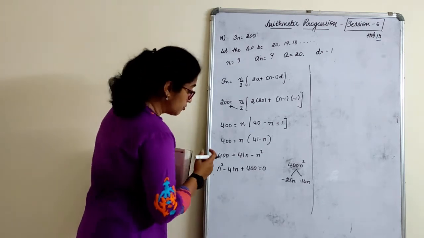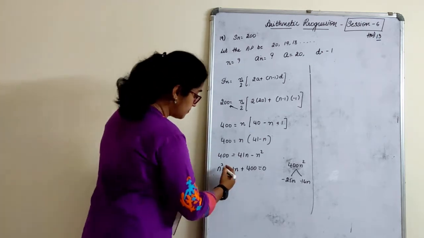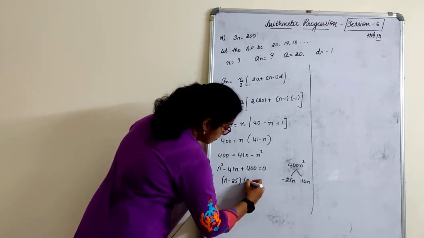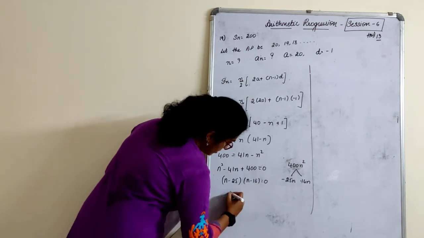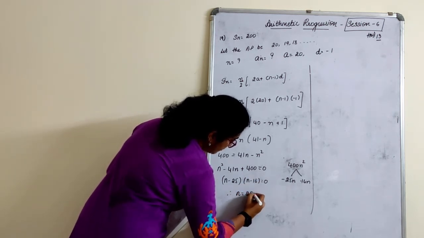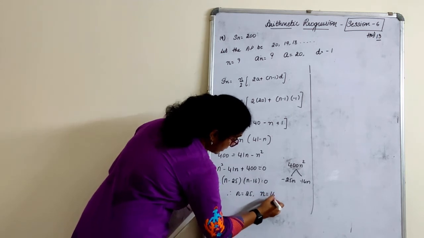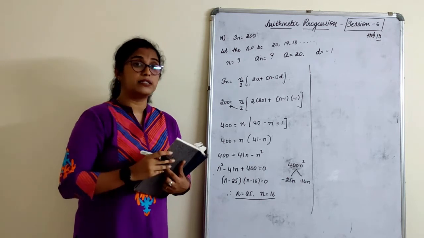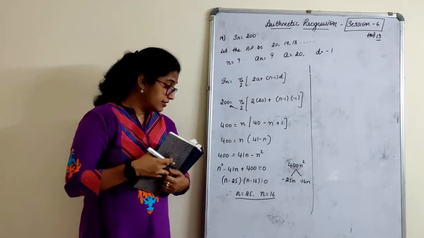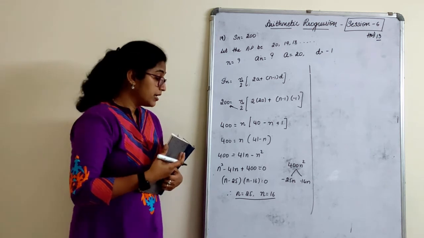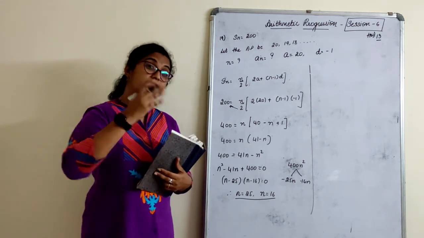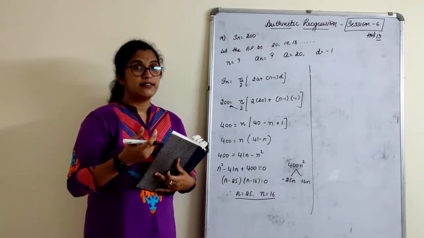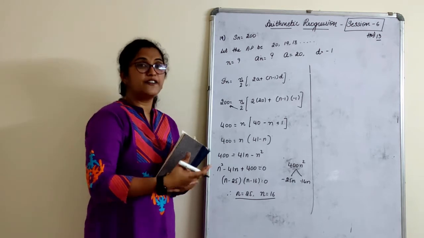We know directly how to write it. If not, you can use those 2-3 steps. So I will write here n minus 25, n minus 16 is equal to 0. Therefore, n is equal to 25 and n is equal to 16. Now, how is it possible? This is the first equation where we got both the n positive. That means both the answers are correct. How can it be? Can we have 25 rows or 16 rows and both answers will be 200? Not possible, right?